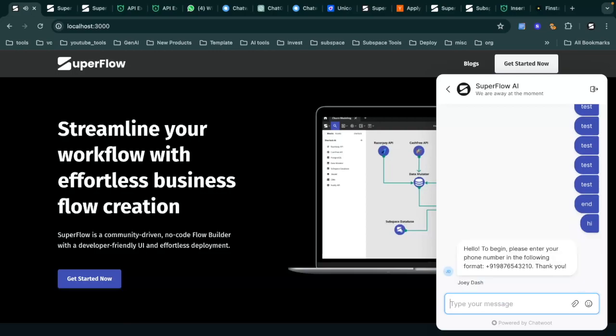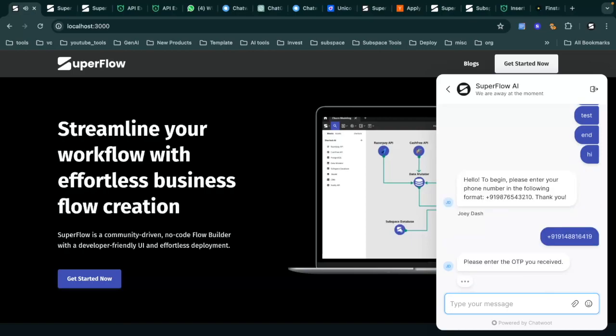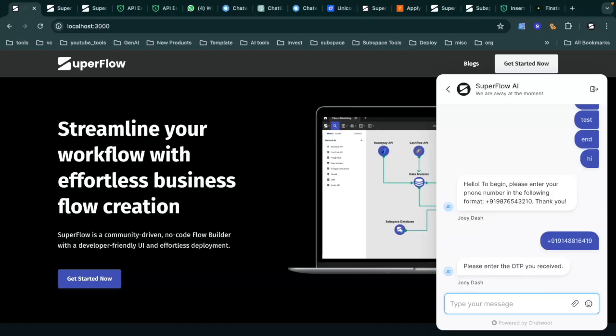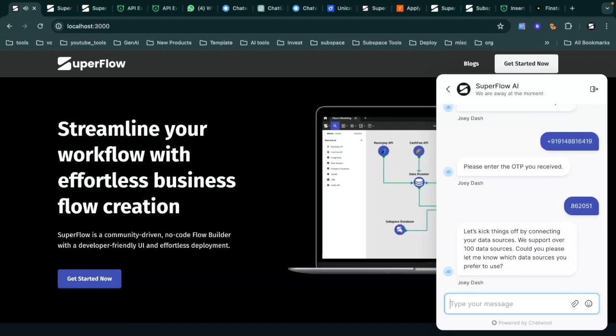Okay, so now it has asked me to enter my phone number. So I'll just give my phone number, 919148816419. When you give it your phone number, it will send an OTP to my phone number. I'll just enter the OTP that I have received on my phone. Once you enter the OTP, it will authenticate the user in our user list, and then it will start